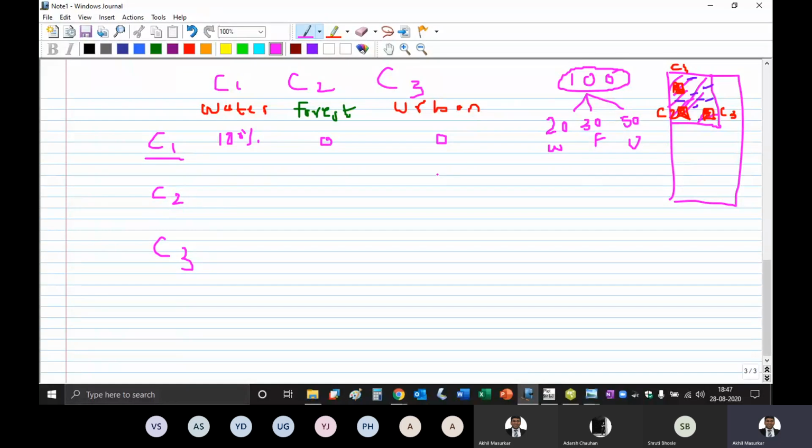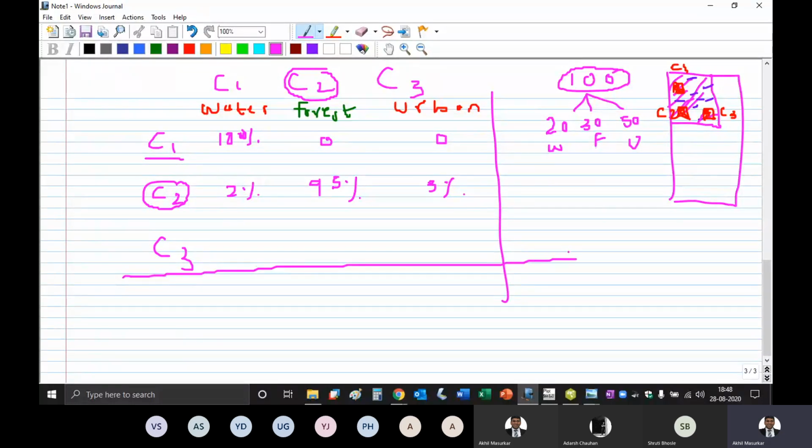Let us say class C2 is forest. It may happen that class C2 gets classified as class C2 for 95% of the pixels, but 2% of pixels may get classified as water body, and 3% as urban. The sum should always be 100 vertically.